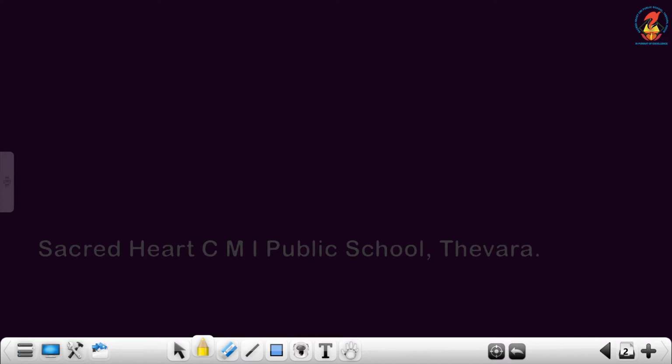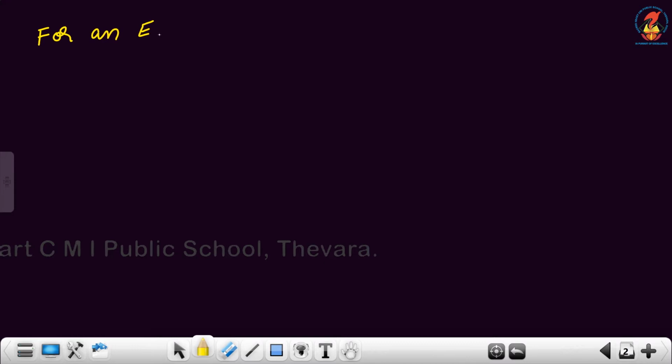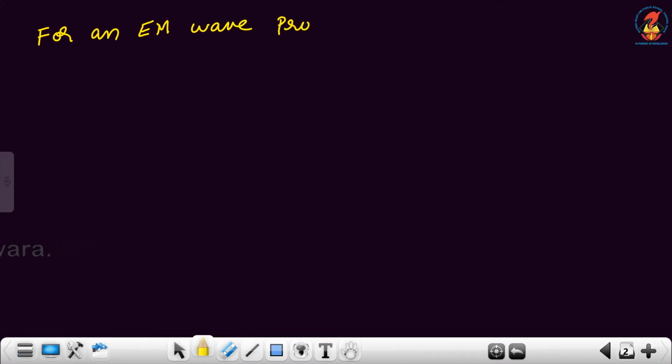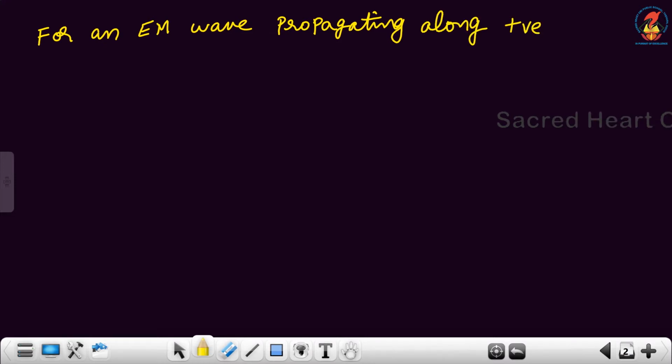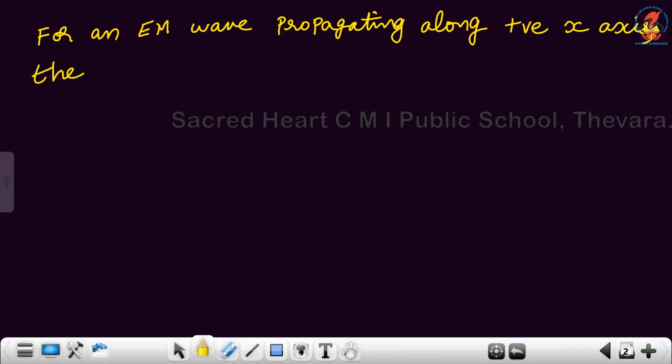So, you can write like this: for an EM wave, meaning electromagnetic wave, propagating along the positive x axis, the electric field is represented as